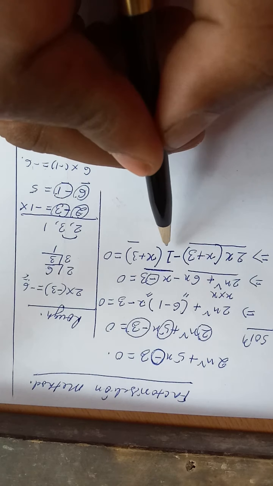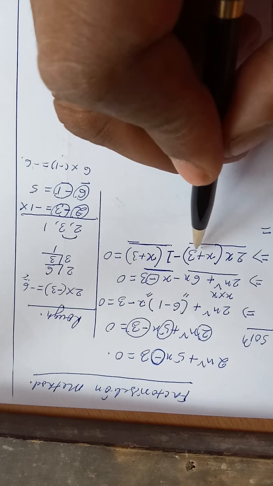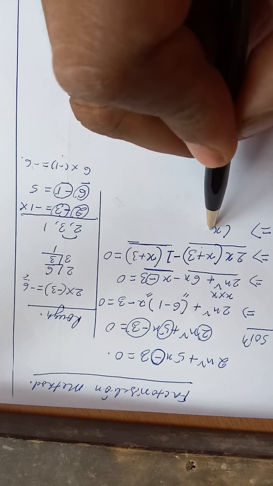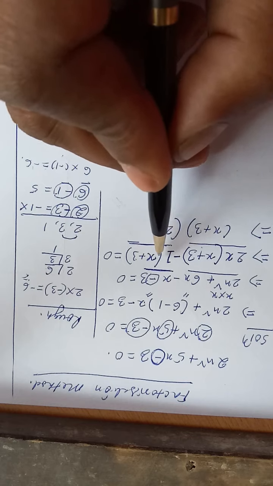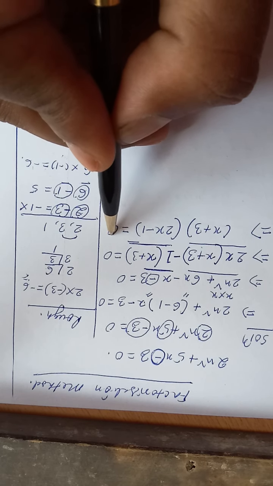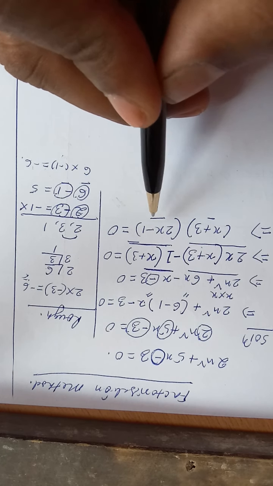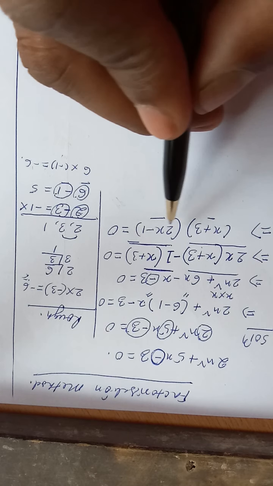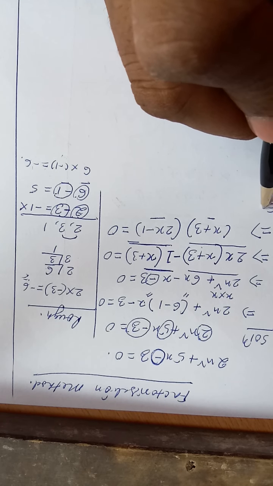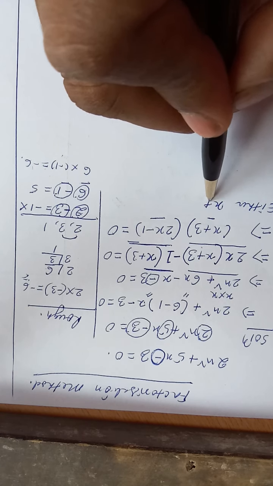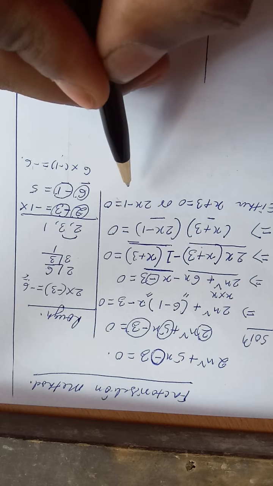Now this is a term and this is another term, then you have to check the common in these two terms. Then x plus 3 and x plus 3 is common, so let us take common x plus 3. From this term 2x is left, and from this term minus 1 is left, is equal to 0. It is just like the previous one, the product of these two numbers is 0, so any one of them must be 0, but we do not know whether this is 0 or this is 0, so we consider either x plus 3 is equal to 0 or 2x minus 1 is equal to 0.